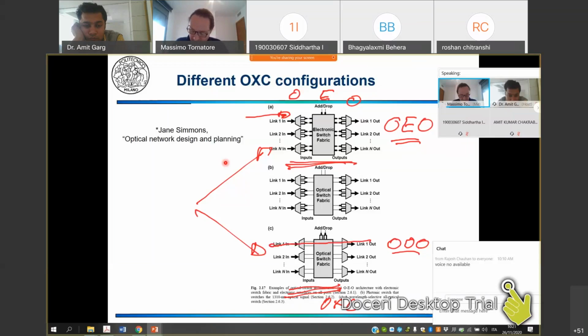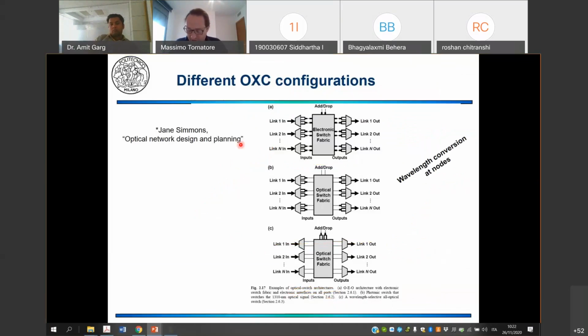Okay, it probably doesn't matter too much for the rest of the lecture, but we still have in the field both OEO optical cross connects and OOO optical cross connects. This is obviously the more modern architecture. Anyway, going back to the problem that we're trying to solve,